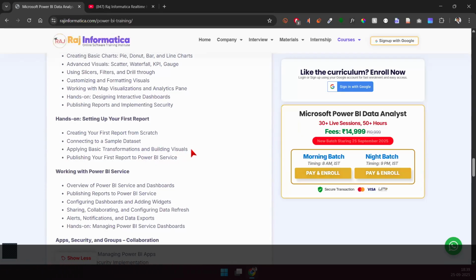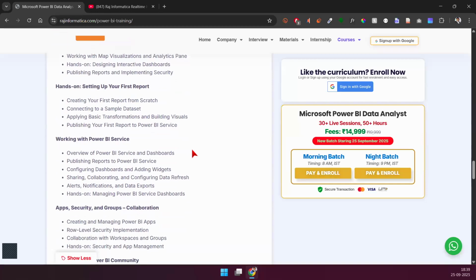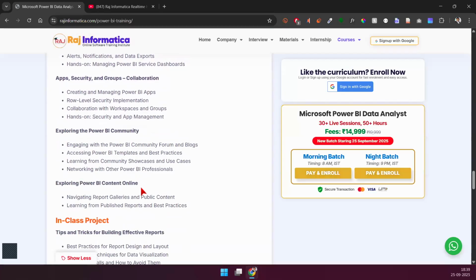After completing every module, you'll have some hands-on work, some assignments, some materials given to you so that you can work and practice. Plus there are going to be some capstone projects at the end of this course that you'll work on, and that's how things are going to work. Okay, so this is how you want to look at it.